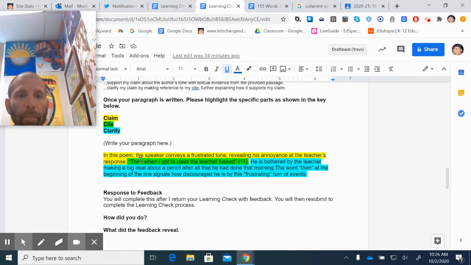You have a yellow claim, a green cite, and a blue clarify. You will highlight all the parts and pieces for yourself and for me. It gives you a reminder of whether you did the things you were supposed to, and with a quick glance, I'll know that this kiddo understood that they had to have all 3 parts in their paragraph.